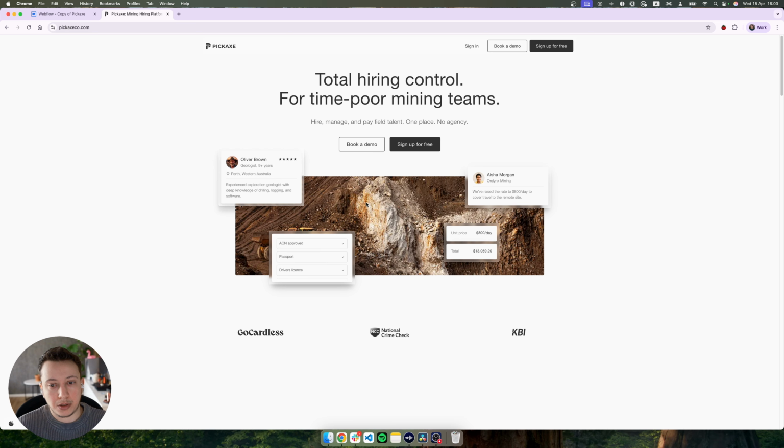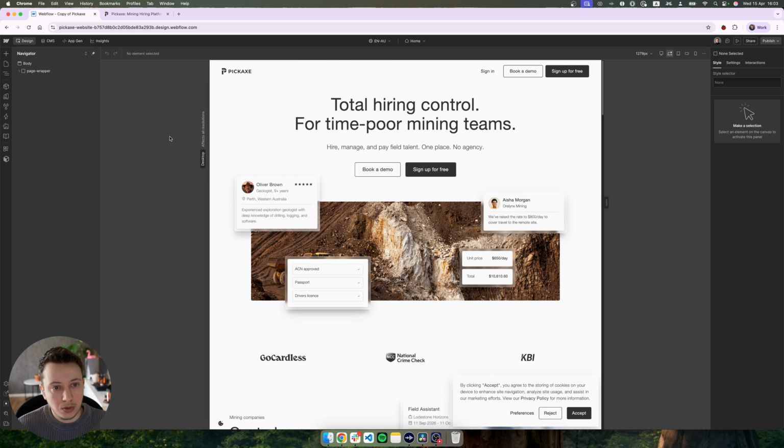Because of course, people that are visually impaired, some of them may not be able to see the image, so it needs to have an alt text. I'm going to show you how to set it up in Webflow. So inside of Webflow,